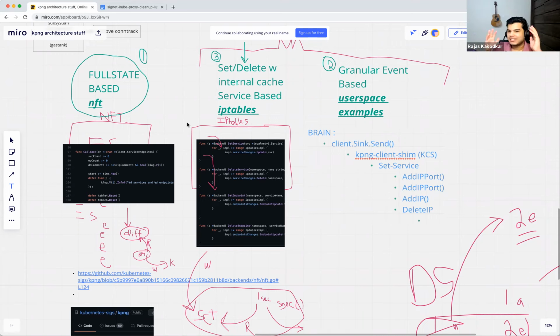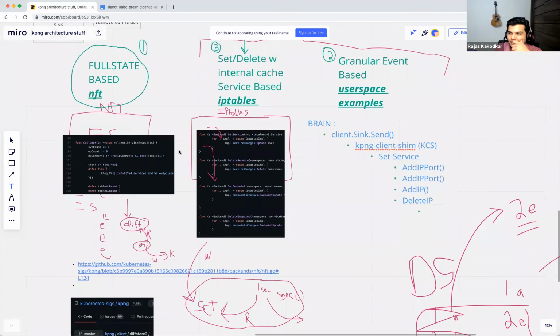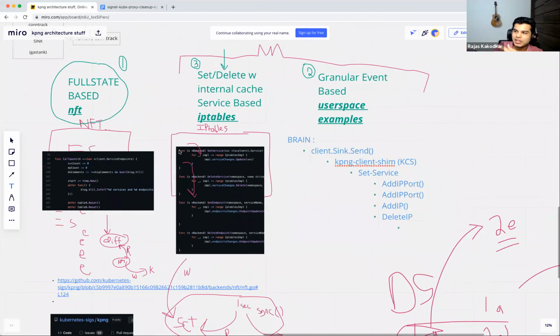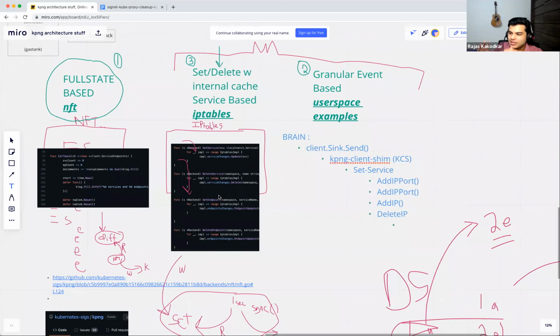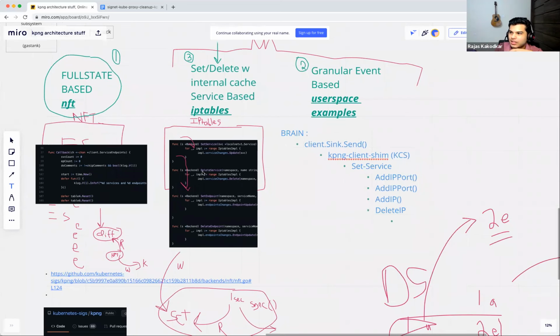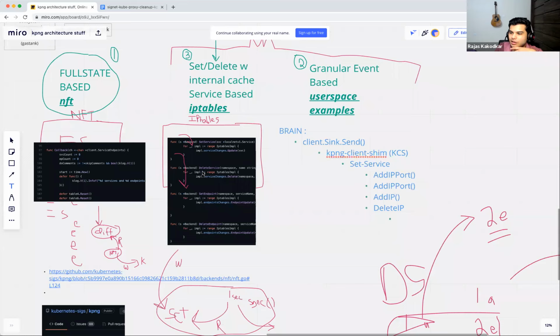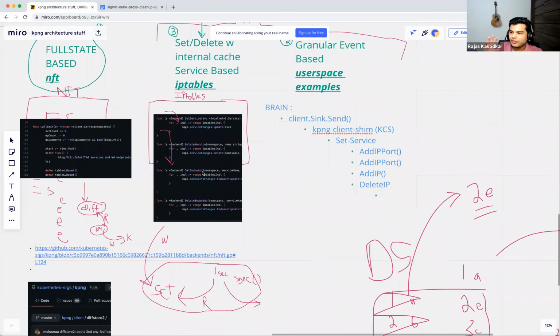In layman's terms, this is how I'm picturing it. For IP tables, what we've been doing is using the sync function, and through the set service and delete service functions, updating the service change tracker data structure, and then writing IP tables rules.